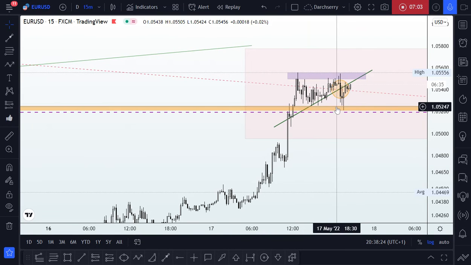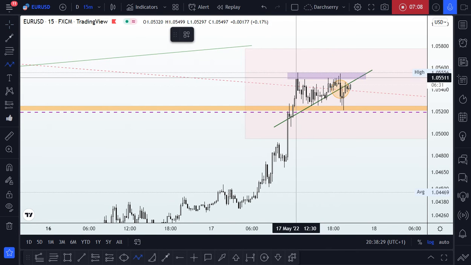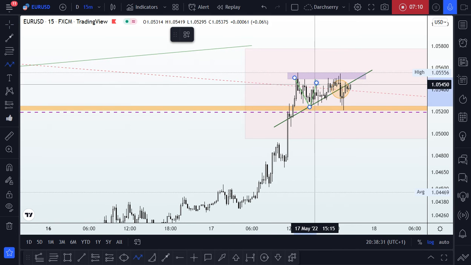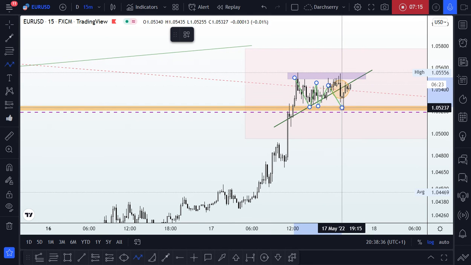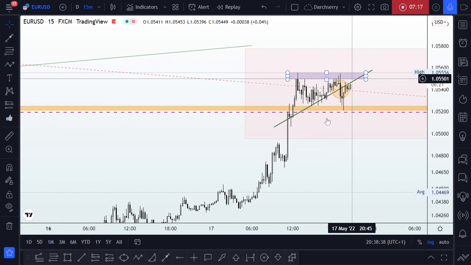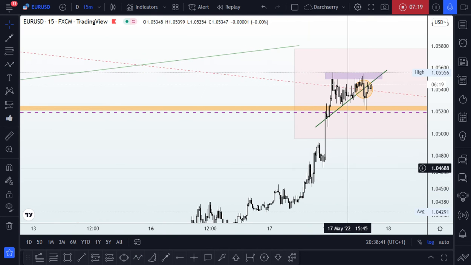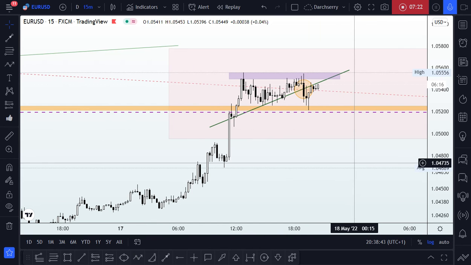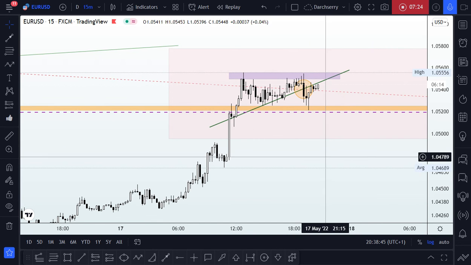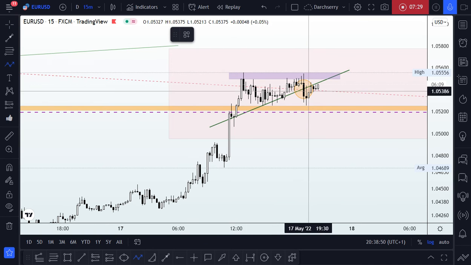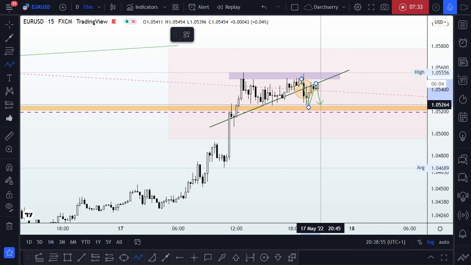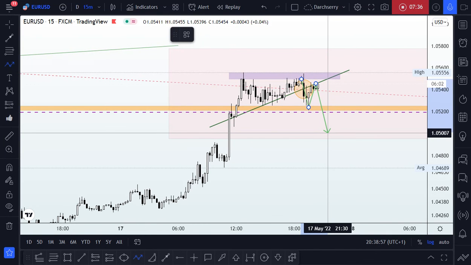However, I will want to suggest that we look at this key level, which you can see at this point has also been a major support level for price action since it got into the supply zone area. We can see that price has been rejecting that level multiple times. So since we can't really project a structure right within the supply zone at this moment in time, for a significant signal, since we've already seen a breakdown of that trend line, we want to be looking for a further breakdown of that key level